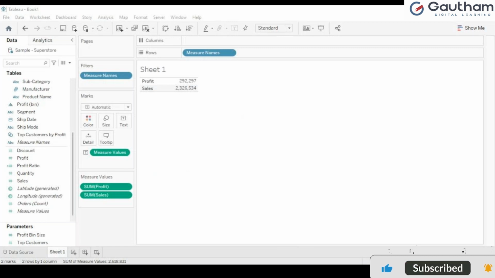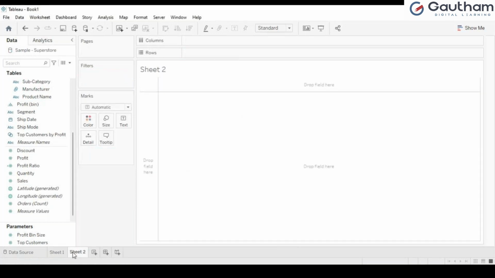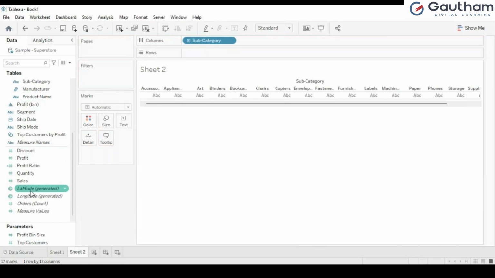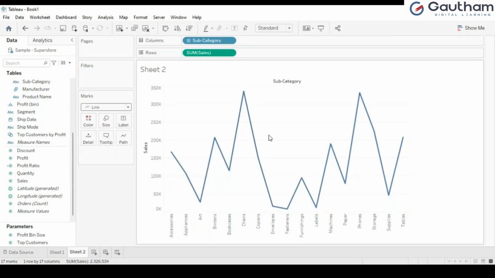Okay, and coming to the remaining things, until now I didn't explain how we can cosmetically design this Tableau. It means nothing else. Let me open this sheet once again. I'll just drag the subcategory versus sales. So this is the one, right? I'll just create a line map for this for now, and